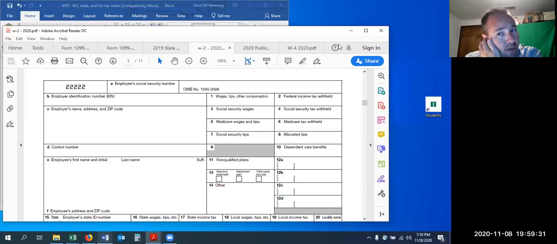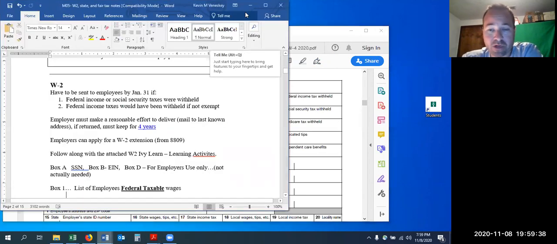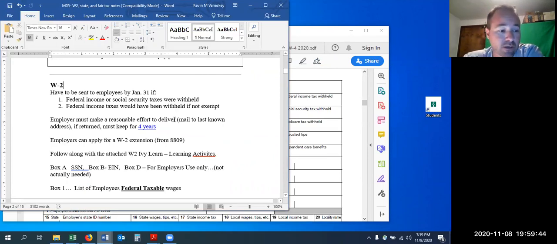First thing is, when do you need to make the W-2s available? What do you have to do with that? So you have to make them available by January 31st, unless you get a special extension from the IRS. If for whatever reason something's happened and you need a little more time, you're going to need to let your employees know too, because they're going to be expecting it. Be postmarked by the 31st of January. So yeah, it may get to them a couple days later, but it needs to be sent out postmarked by then.